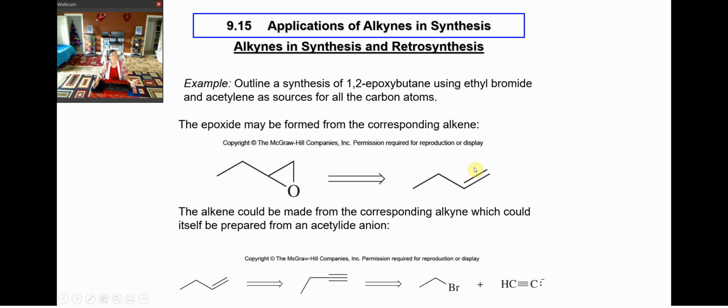Butene you can get by reacting butyne with only 1 more hydrogen, converting it to butene. How do you produce this four-carbon hydrocarbon with a terminal carbon triple bond? This is a monosubstituted alkyne. How are you going to do this? You may think of alkylation. If I give you ethyl bromide, meaning you have two carbons, I also give you